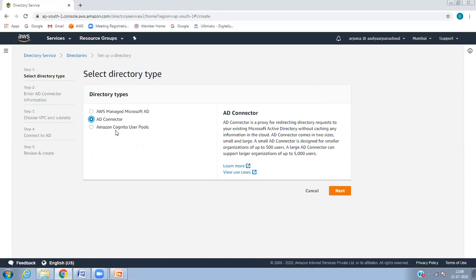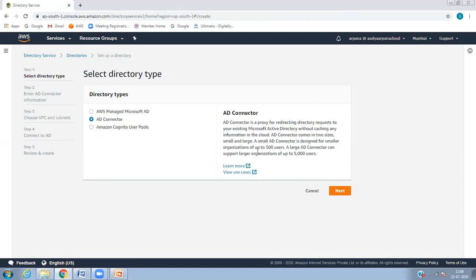So by using the AD Connector, you can import the users. I mean to say, you can redirect directory requests to your existing Microsoft Active Directory without caching any information in the cloud. So using these services, you can replicate all of your on-premises users to the cloud.